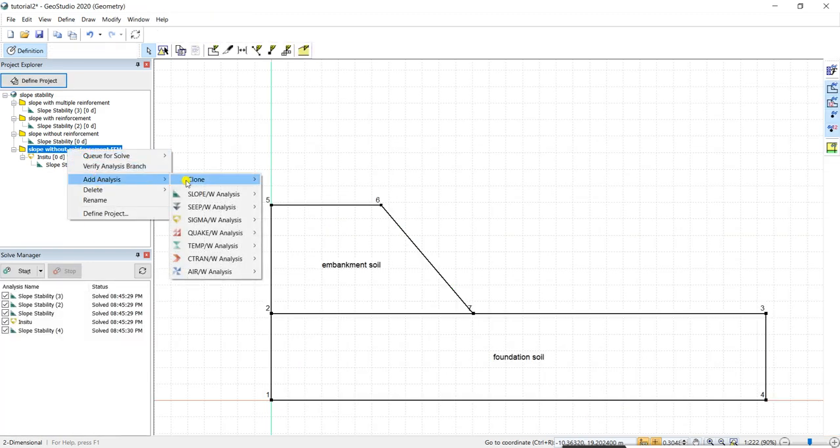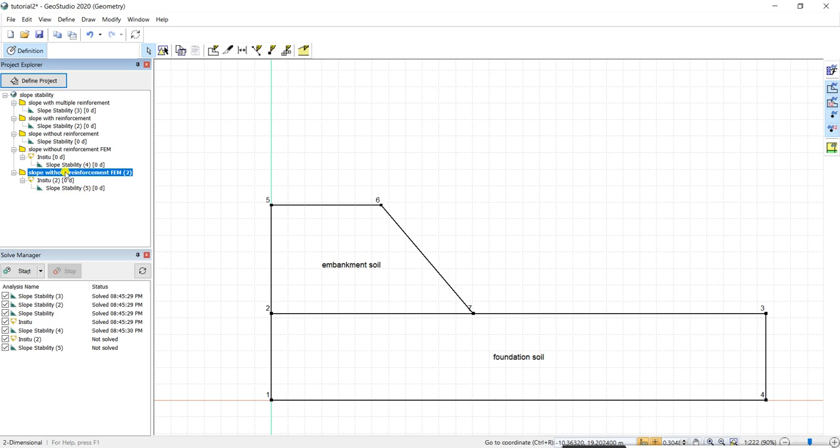I'll right click, add analysis, clone geometry and analysis branch. So it is cloned here. I'll rename it as with reinforcement, and here you can see it. So the geometry is defined in this analysis also.